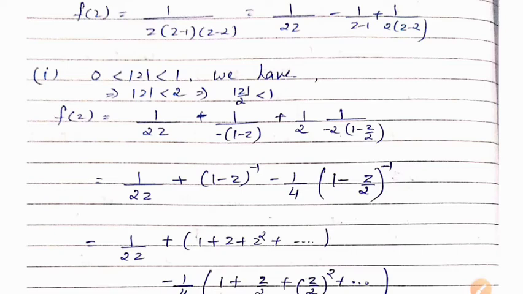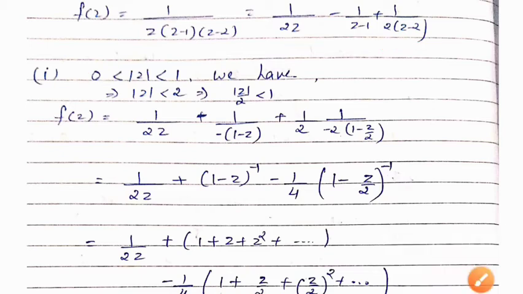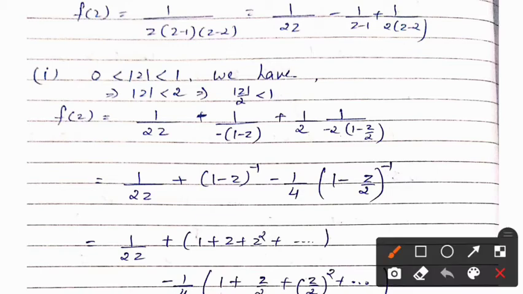We are given 3 regions over here. So let me take the first region. See, the first region is 0 less than mod z less than 1. Now the concept here is that you have to put each and every denominator in the less than 1 form. Let me teach you the first one. See, here 1 upon z is there. You have to keep this 1 upon 2z as it is. This portion, right? Here I am putting this as it is.